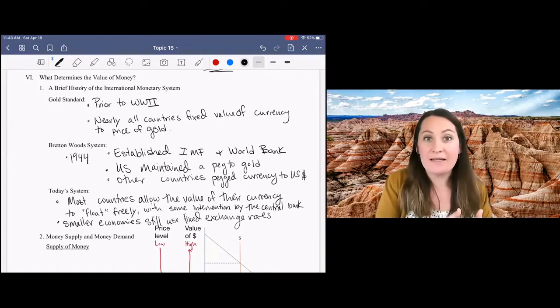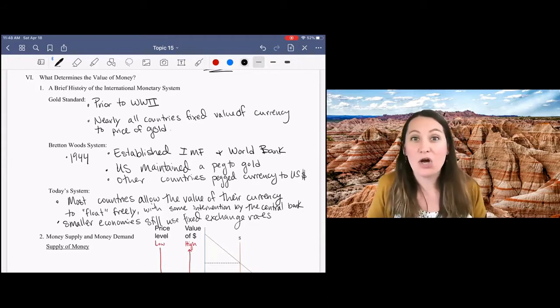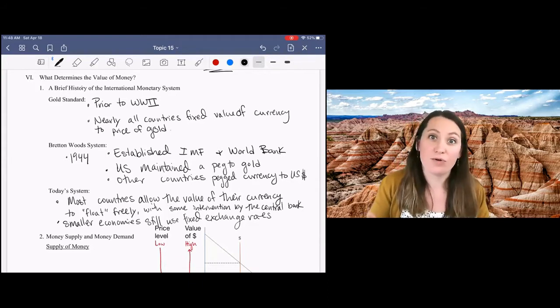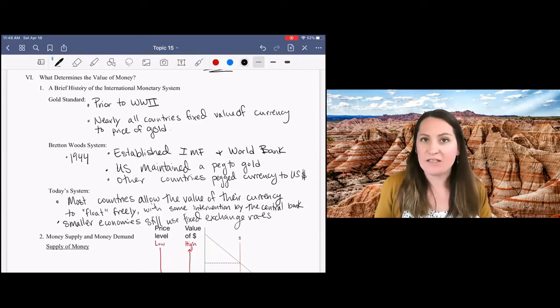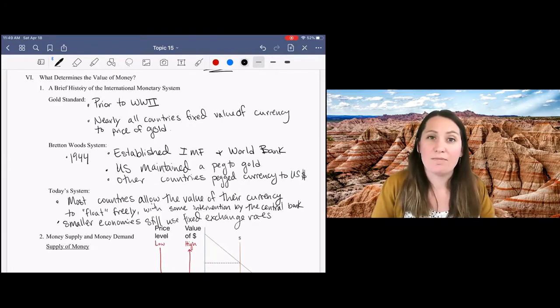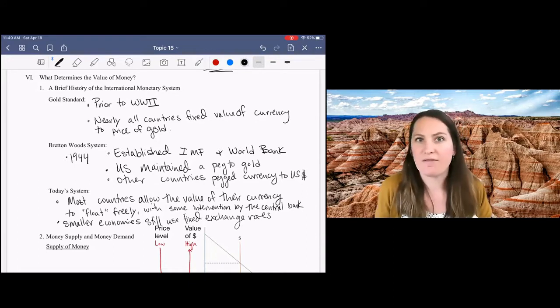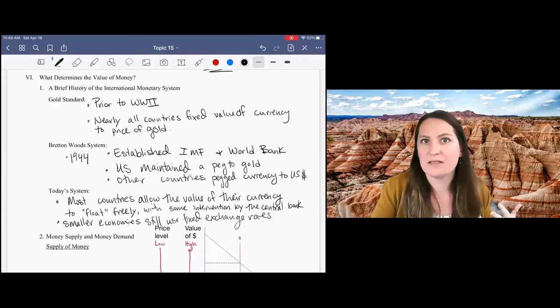Now, this maintains a fairly stable value for the currency. Like, you always know exactly how much gold your cash is worth. But it is quite expensive to maintain that fixed peg because there is no reason why $1 should always be equal to some set amount of gold, right? Or 1 ounce of gold should always cost $35. The price of gold fluctuates according to supply and demand for gold.